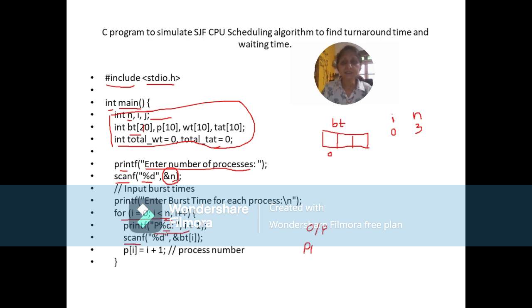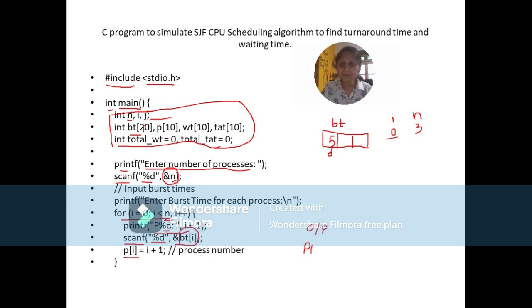Okay. After that there is a scanf statement. Why is there a scanf statement? Because we want to accept the burst time of process P1. Using this scanf we are accepting the value of BT of I. What is I? 0. So we are accepting the burst time of the first process and that burst time will be stored at subscript 0. Okay, so let's enter 5. Why this percentage D? Because the BT array is of type integer, so definitely it is going to store integer values. And since BT is an integer array, the format specifier in scanf is percentage D.